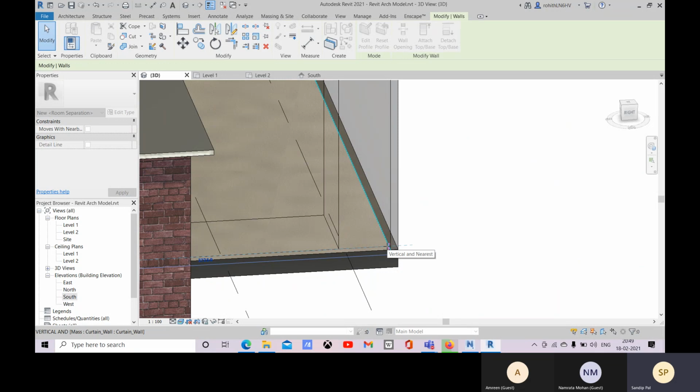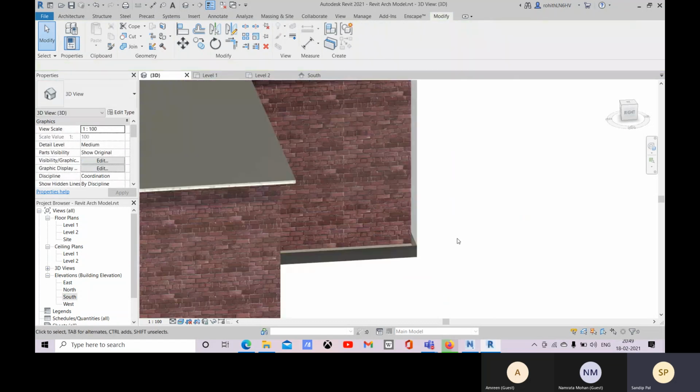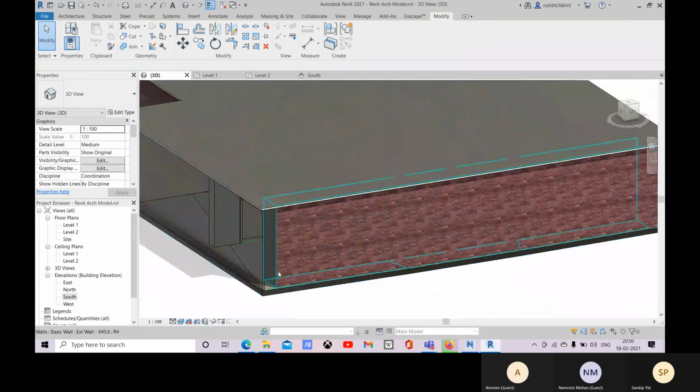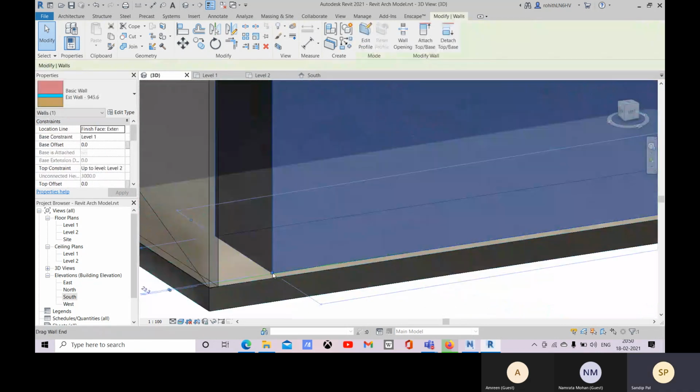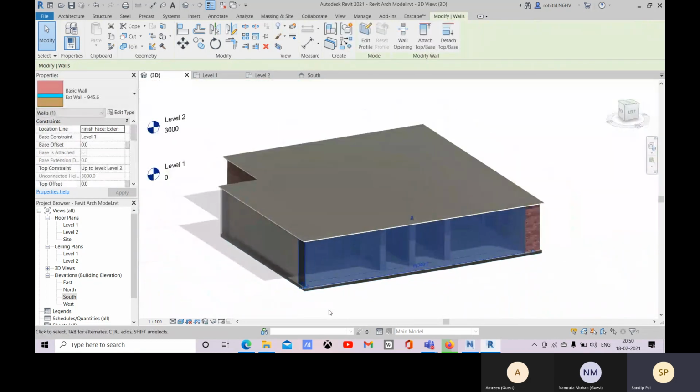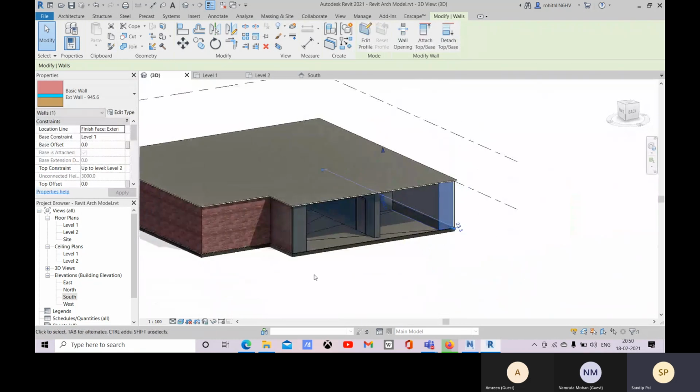So see how Revit is intelligent. It is showing you the vertical and it's snapping to the nearest line. See how easy is that?